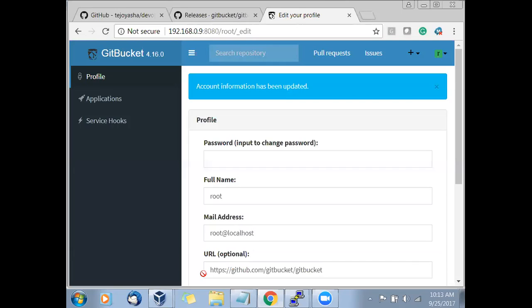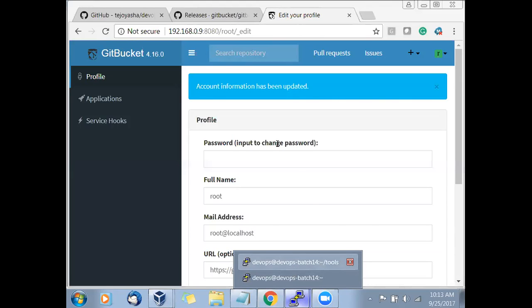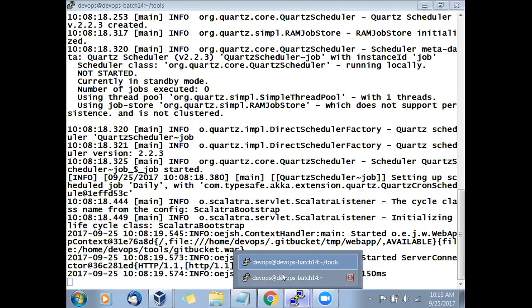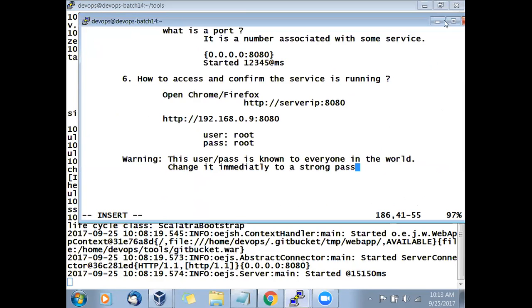Let's go and create those users. Okay, so we are working in our terminal. Which user are we working with? We are working with a DevOps user, right? Yes, this is the DevOps user. So we will first create a DevOps user.